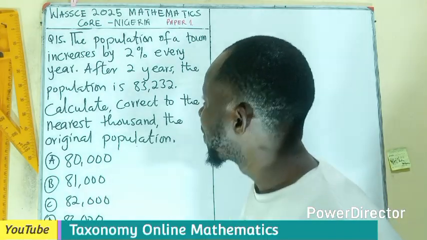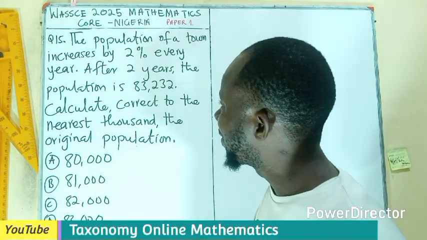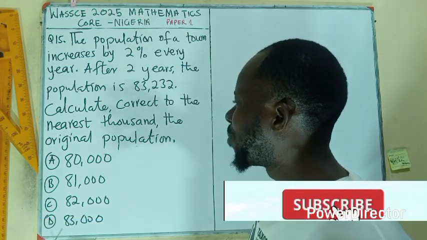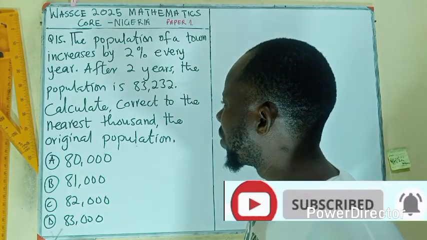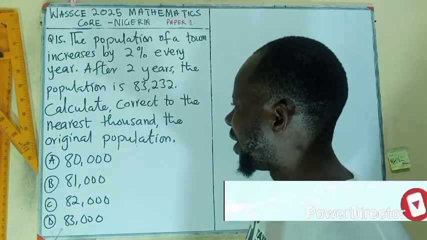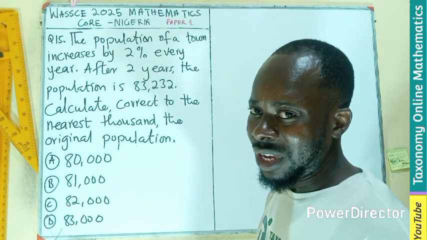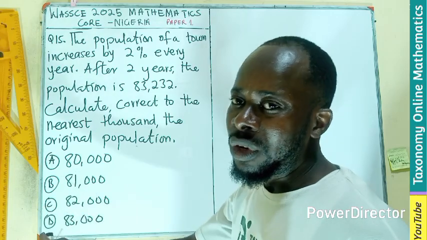Question 15. The population of a town increases by 2% every year. After 2 years, the population is 83,232. We have to calculate, correct to the nearest thousand, the original population. So here, if the population is increasing every 2 years,